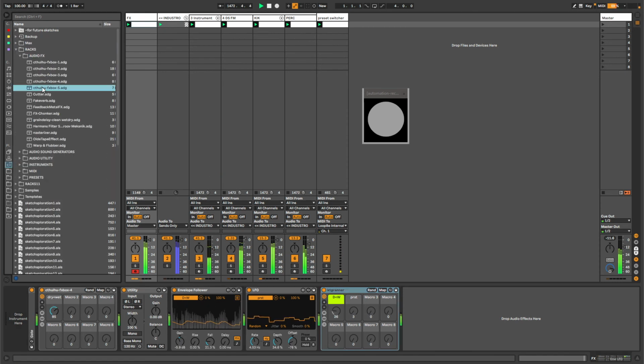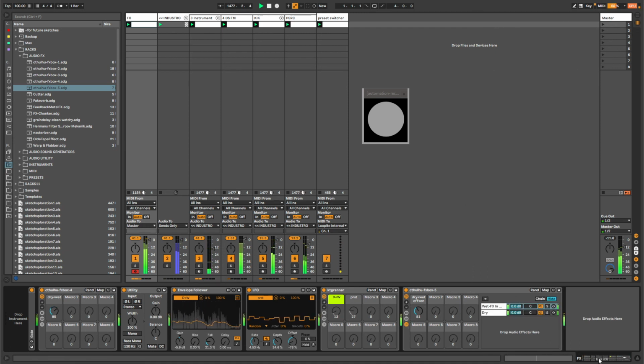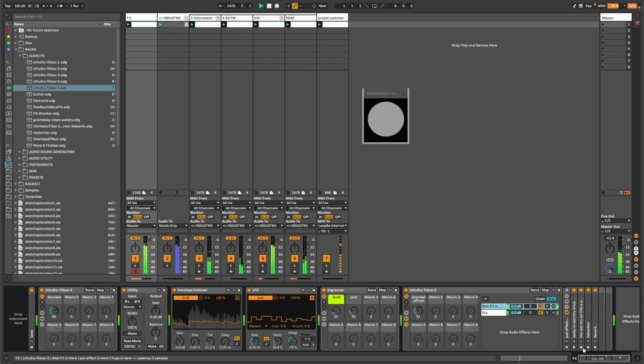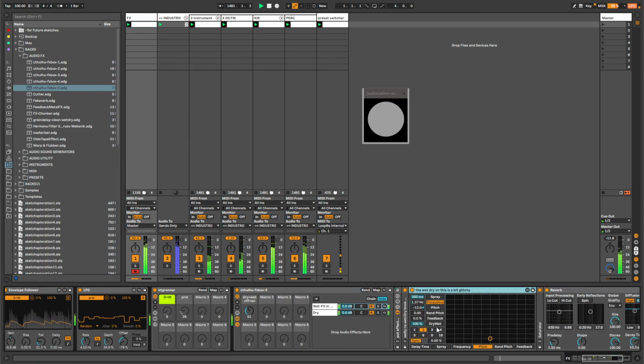One last thing. I wanted to try this Cthulhu Effects 5. Yeah, now our CPU is really like, nope. That's too much. Let's see what's going on in here. It may not be, we may not need this one. Of course, we can always,